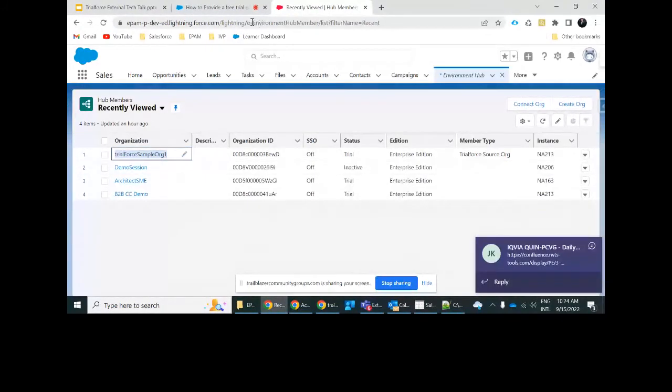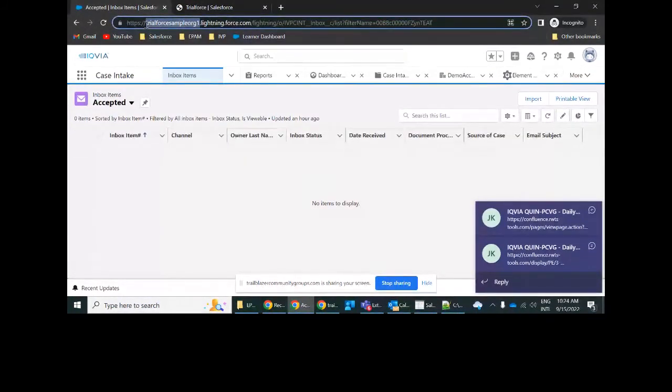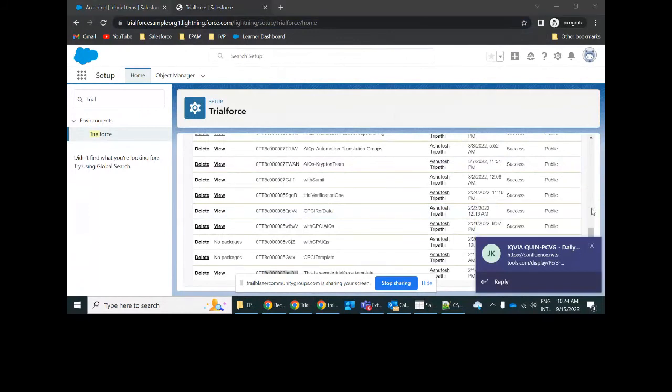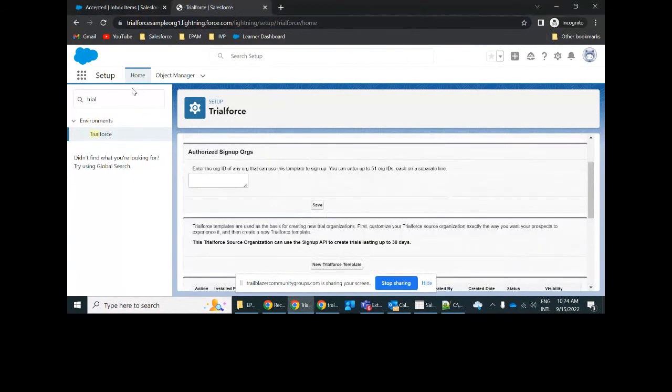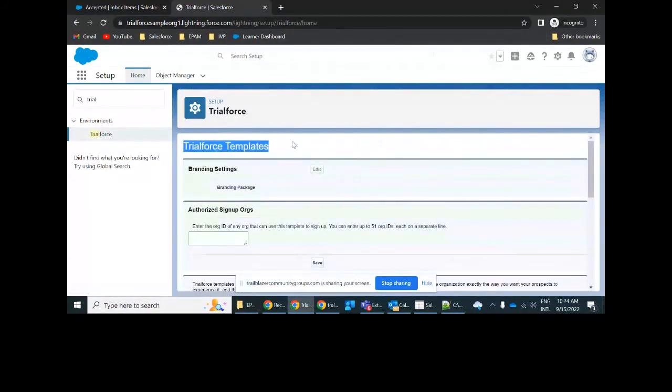This is my Environment Hub org, and this is my Trialforce Source Org. Here, if I search for Trialforce, you click on this and you end up on this screen where you will see the Trialforce templates.